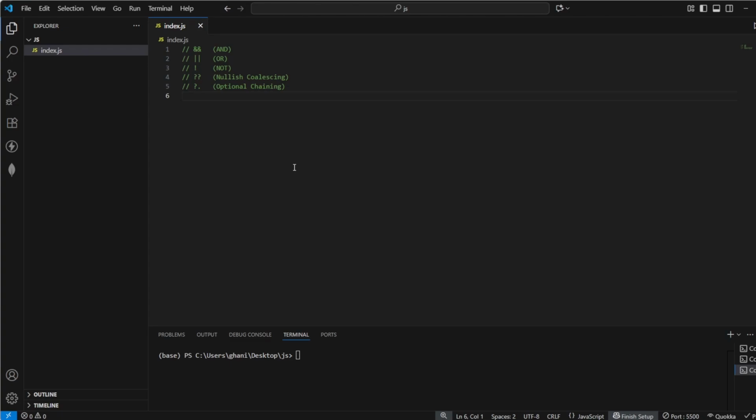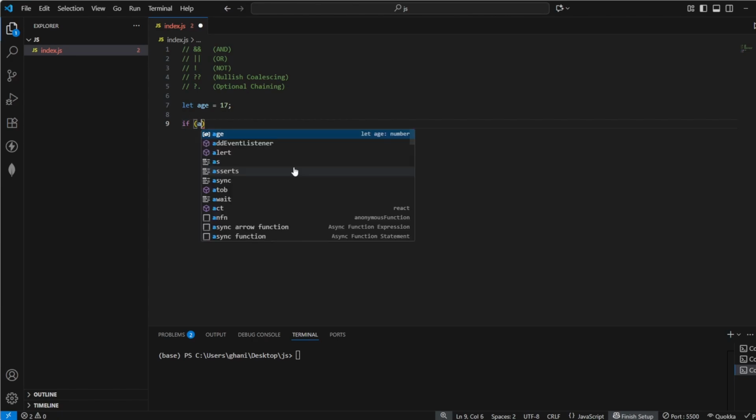Let's understand logical operators in JavaScript. First of all, let's imagine we have an age that is equal to 17, for example. And now you can use logical operators basically everywhere, but oftentimes you use them within an if statement, so we are going to do exactly that. So let's imagine we have an if statement and we want to check whether the age is greater than 18,